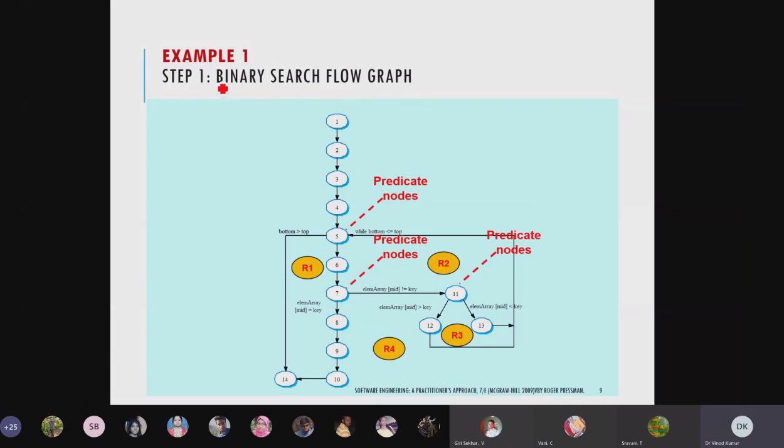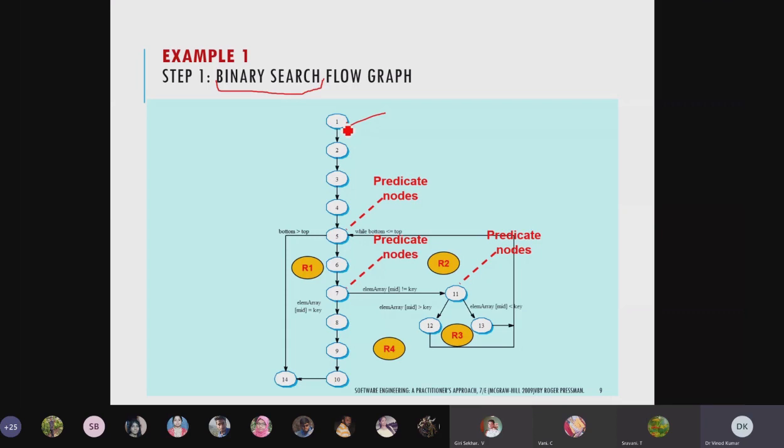This is a binary search algorithm flowchart. There are different searching techniques, like linear search and binary search. For binary search, this type of flowchart is prepared, and based on that the implementation is done in the software. You can see here how we can identify: this is the node, and this control flow is an edge or branch. These are the edges. There may be different independent paths, and we will identify some of them to learn how to find an independent path.